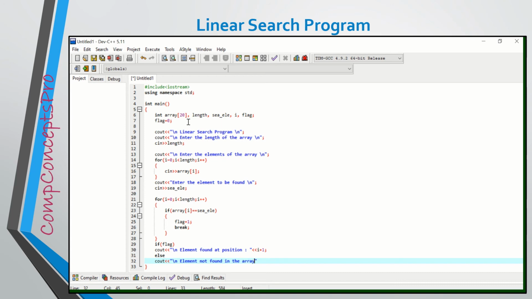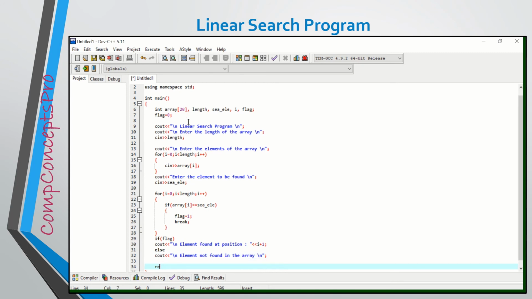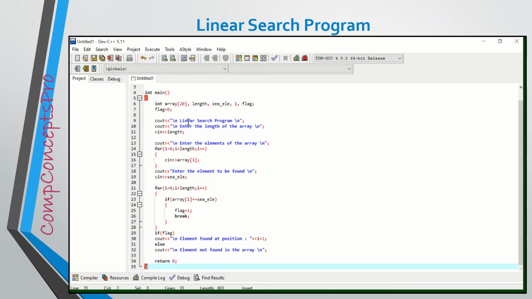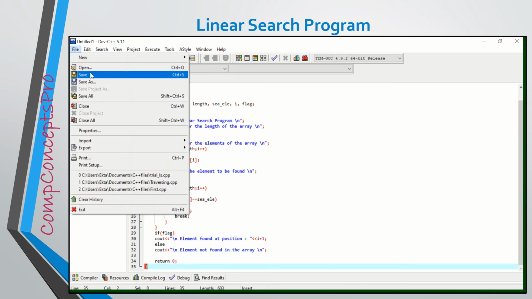Otherwise, the statement element not found in the array will be displayed. So our program ends here with the last statement return 0.